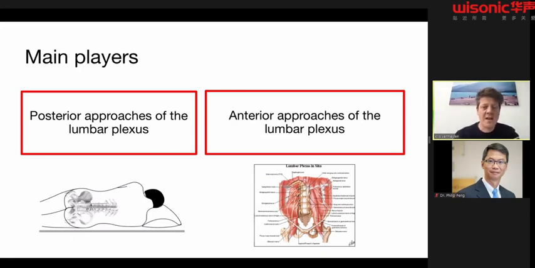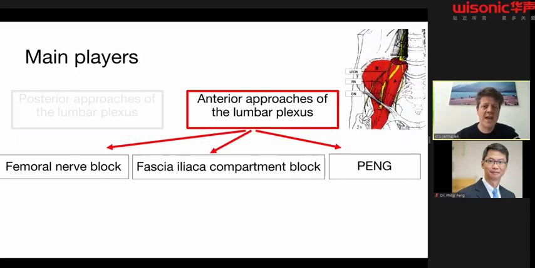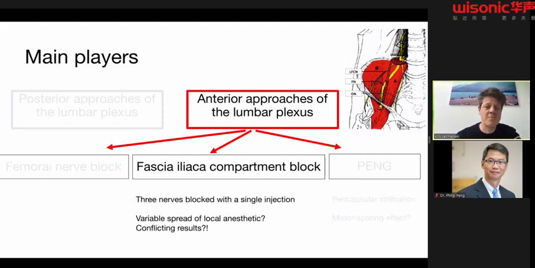Because of a lot of anatomical studies, we know that the anterior approaches of the lumbar plexus are probably much more important. And the biggest players of these anterior approaches are the femoral nerve block, which is already an old block, the Fascia Iliaca Compartment block, which I'm going to talk about, and more recently, the pericapsular nerve group block, which Philippe already talked about. I think that the Fascia Iliaca Compartment block is an easy block, it's a superficial block, and